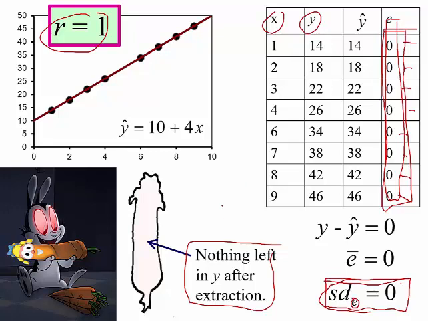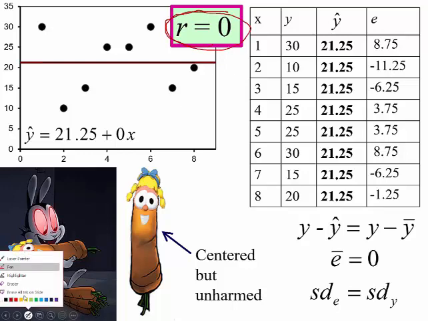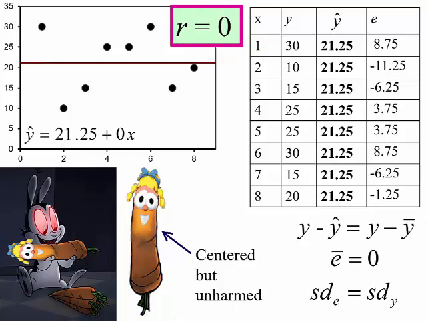So that's what we have if we have a perfect positive correlation. Now, what if we have a zero correlation? Let's look at another data set. This situation illustrates absolutely no relationship between X and Y whatsoever. We have a zero correlation. So correlation equals zero. And recall that if we have a zero correlation, our regression equation simply becomes a flat